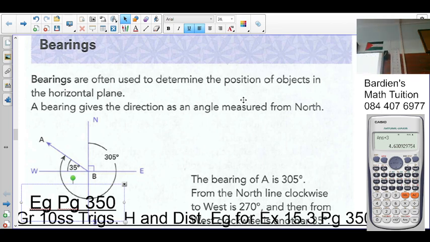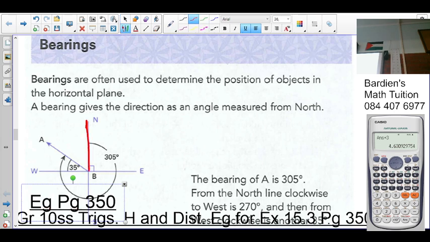Okay, so we're looking at bearings. Here we are told that bearings are often used to determine the position of an object in the horizontal plane. The bearing gives a direction as an angle measured from the north, in the clockwise direction. Also, note that each quadrant forms 90 degrees, so in total it's 360 degrees, not so? So we are told that